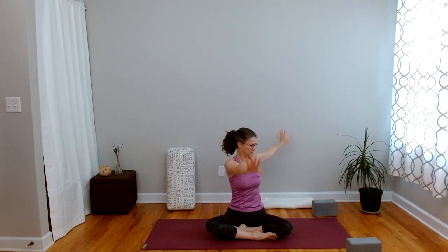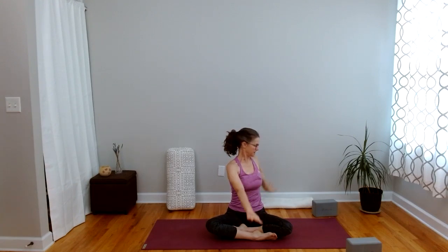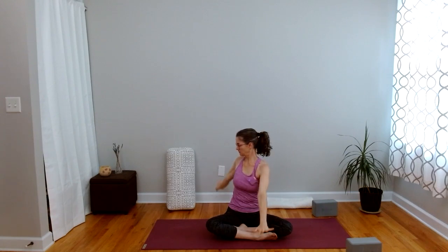You can also direct the gaze toward each side as you twist from one side to the other. And let's even things out, doing one more on each side. And then we'll bring the fingertips back up to center and then bring them right down in front of the legs and walk the fingertips forward, keeping the back